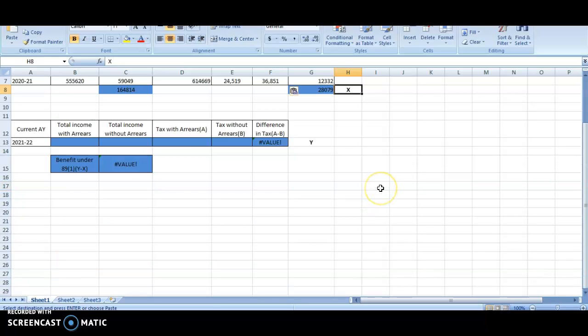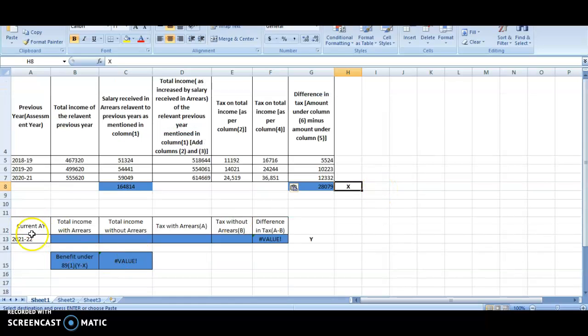And coming to the current financial year, that is 2021, just enter the total income with arrears received, which is available in Form 16.